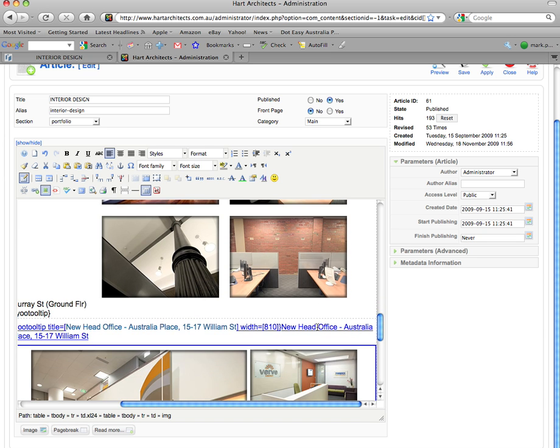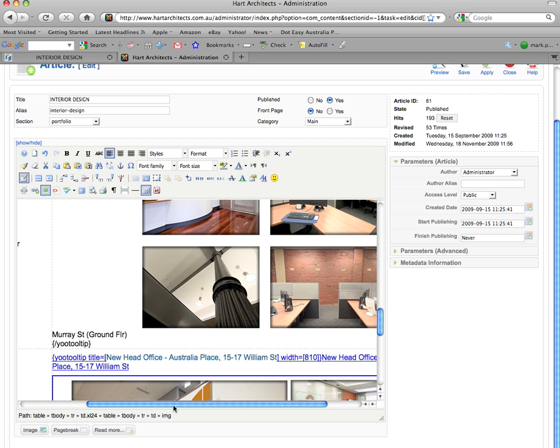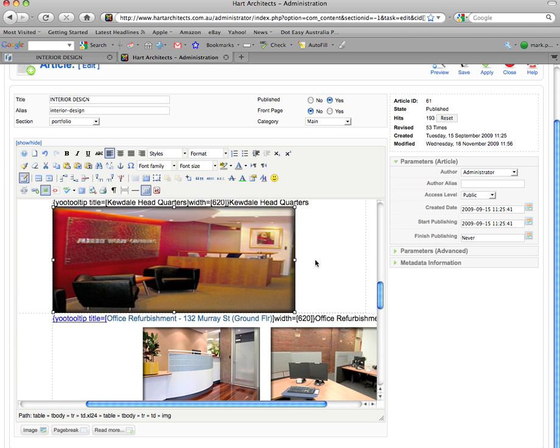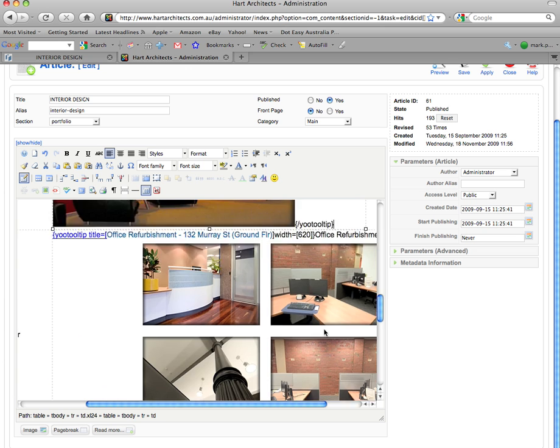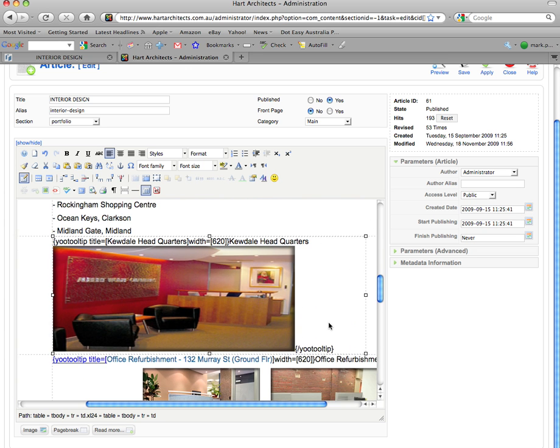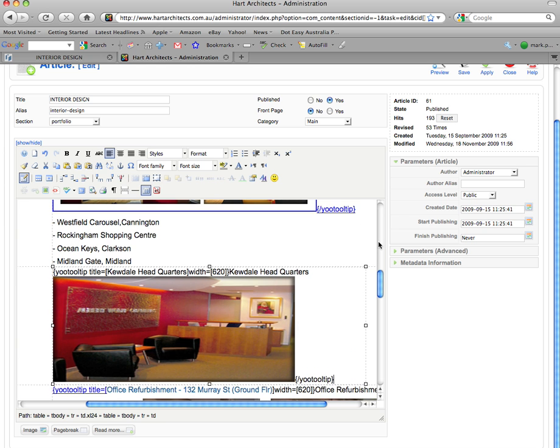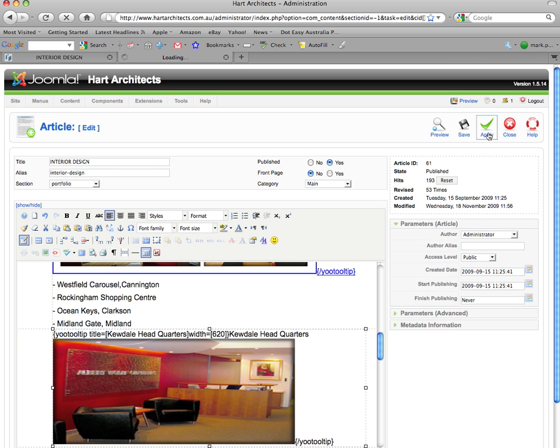And now all we need to do is finish the tooltip tag. So click just after the image. If you look carefully, it is actually a large flashing cursor there. Now we want a squiggly bracket, backslash tooltip, and then another squiggly bracket. Okay, and that should work. So now if we click on apply,